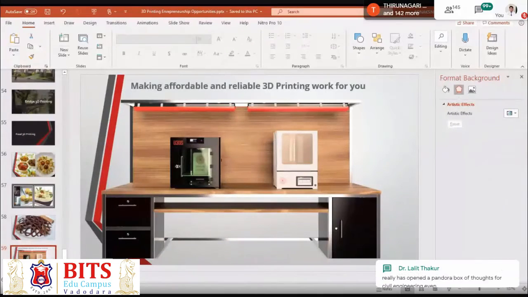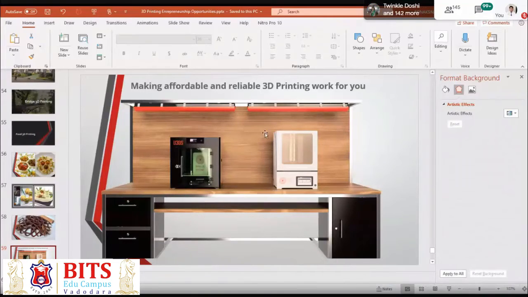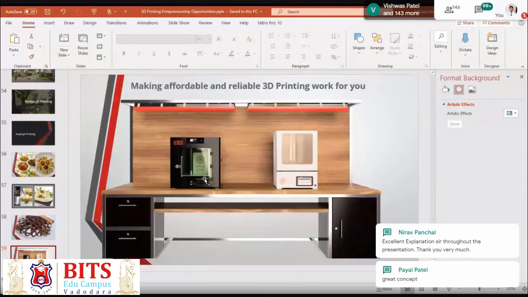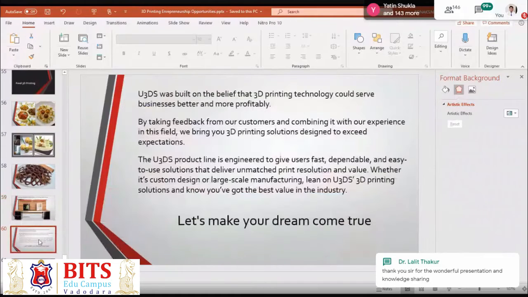We are still working on developing some other printers as well. We have a small version of the LCD printer coming up. We also have a liquid deposition modeling printer coming up very soon. I haven't talked much about it, but there is a lot of potential in this technology, and a lot of challenges are also involved.